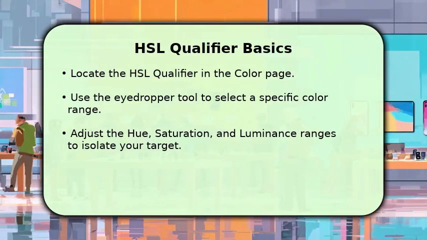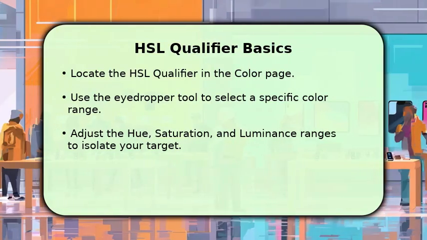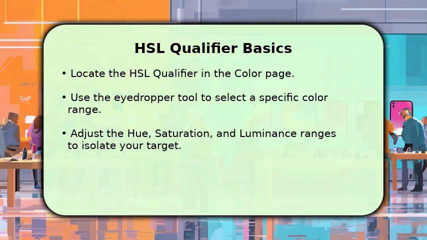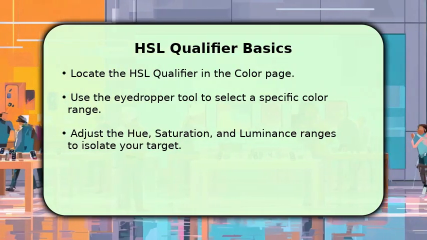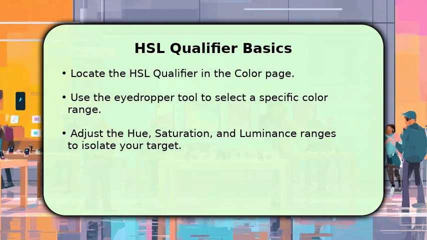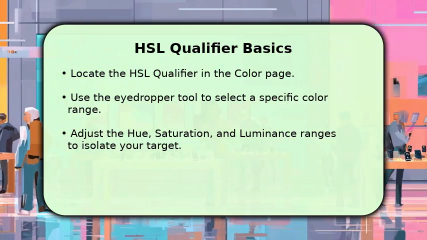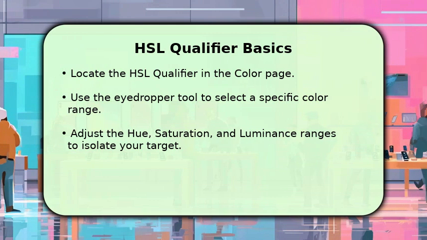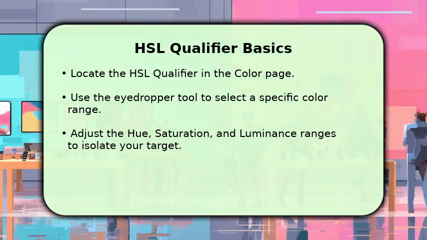To begin using HSL, navigate to the Color page in DaVinci Resolve. Locate the HSL qualifier tool, typically found within the qualifier palette. Your first step is to use the eyedropper tool to select the specific color range you wish to adjust directly from your image. After selecting, you can then fine-tune the hue, saturation, and luminance ranges using the dedicated sliders to